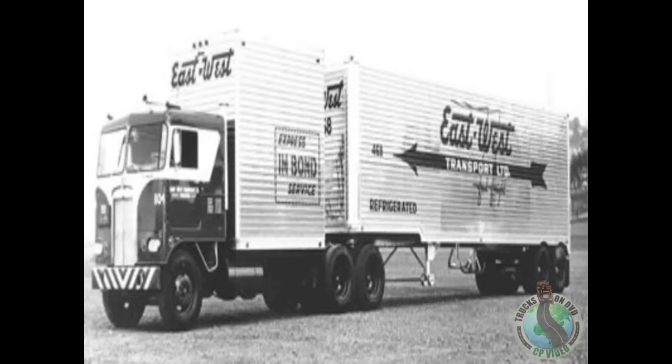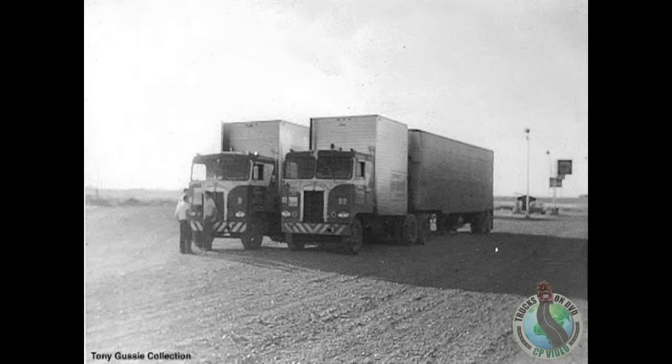I'm Tony Gussie. I live in Surrey, BC, and I used to drive for Russ for East West Transport years ago back there in Winnipeg. And it was a pretty good job at the time because those trucks were kind of a prestigious unit to drive because of the drums. And East West had a pretty good reputation also. They had nice looking equipment, and